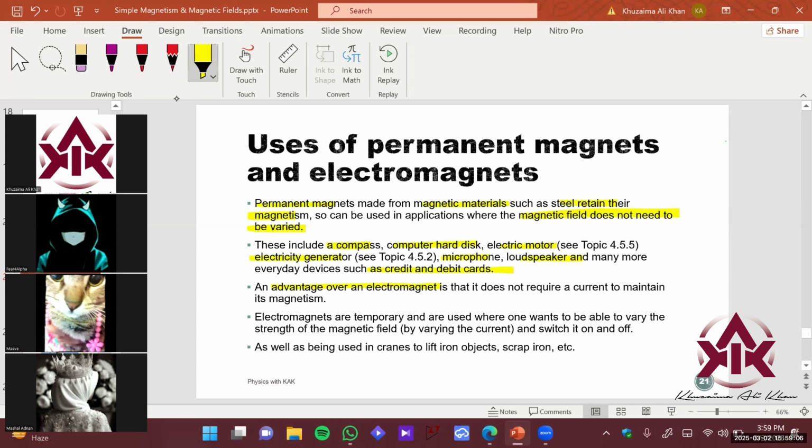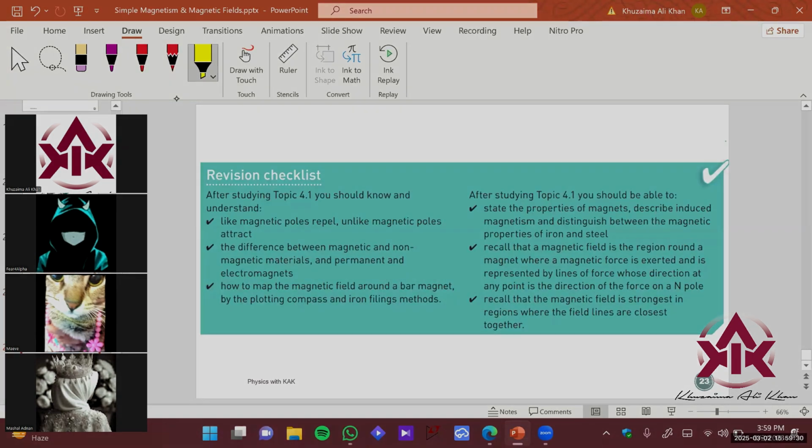So over there we can use this particular type of material, which is called permanent magnets, right? So electromagnets are used temporarily. Okay, and they are used when one wants to vary the strength of the field. They can be used in cranes to lift iron objects, scrap iron, and so on and so forth. And this marks the end of the chapter. So I believe it is